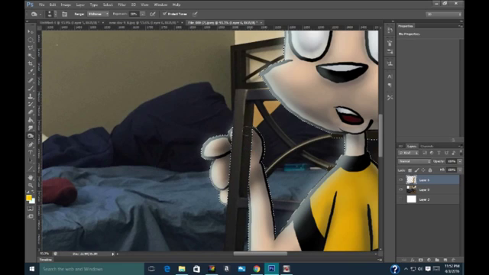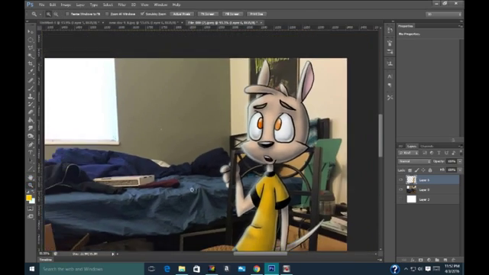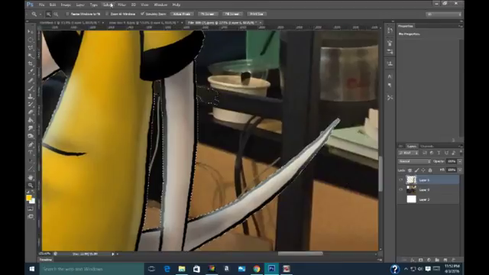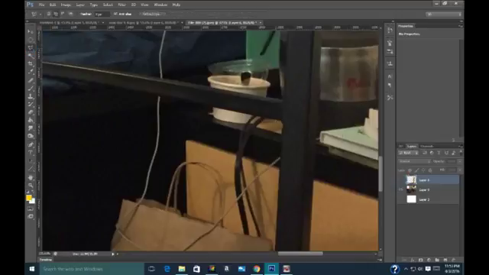So look at that. I'm going to do a little bit more. And now check that out. It looks like he's got his hand wrapped around the back there. And we're going to do the same thing with the tail over here. So we're just going to take that out, minimize that, make it visible, and we're going to